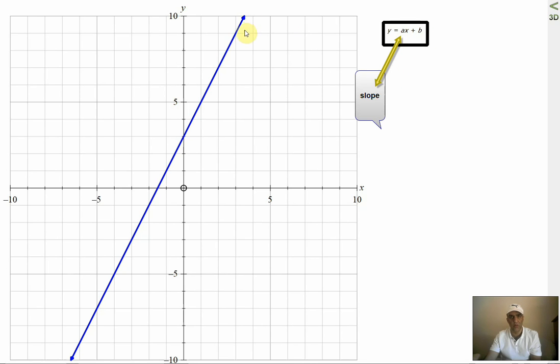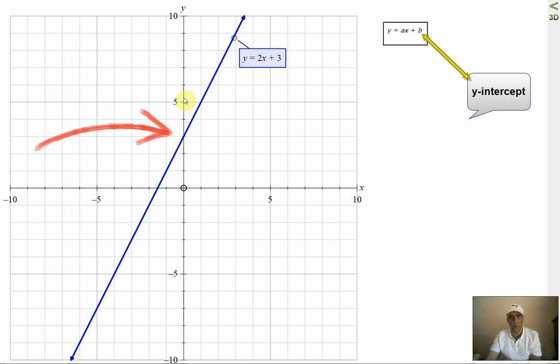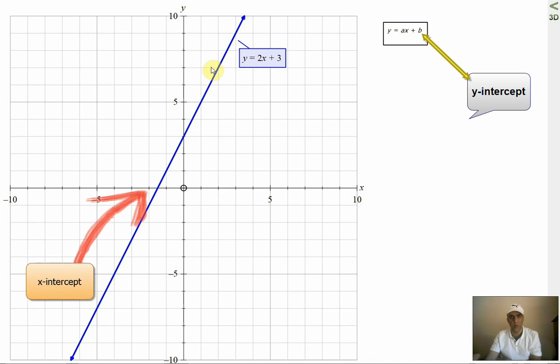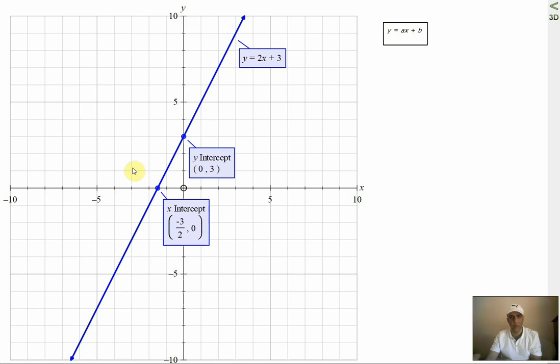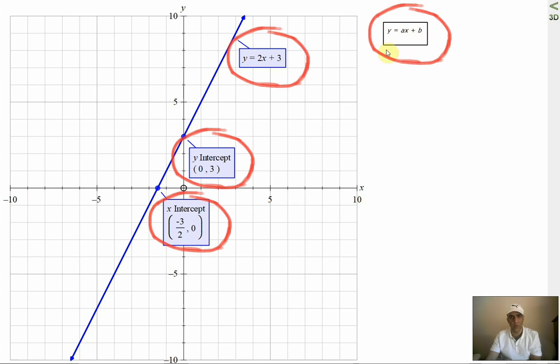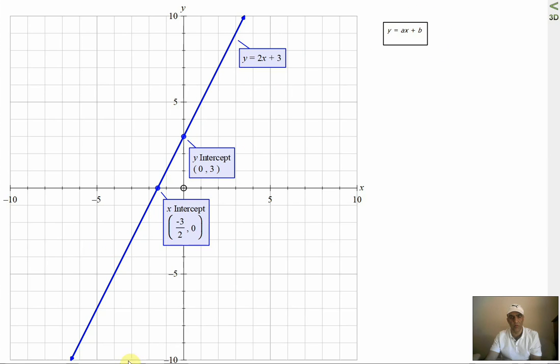Y-intercept is the place where the y-axis contacts the function, and x-intercept is where the function contacts the x-axis. In the equation, a is the slope and b is the y-intercept. Also, as you see in this graph, I show all of the points and the equation in the graph. The x-intercept is equal to minus b